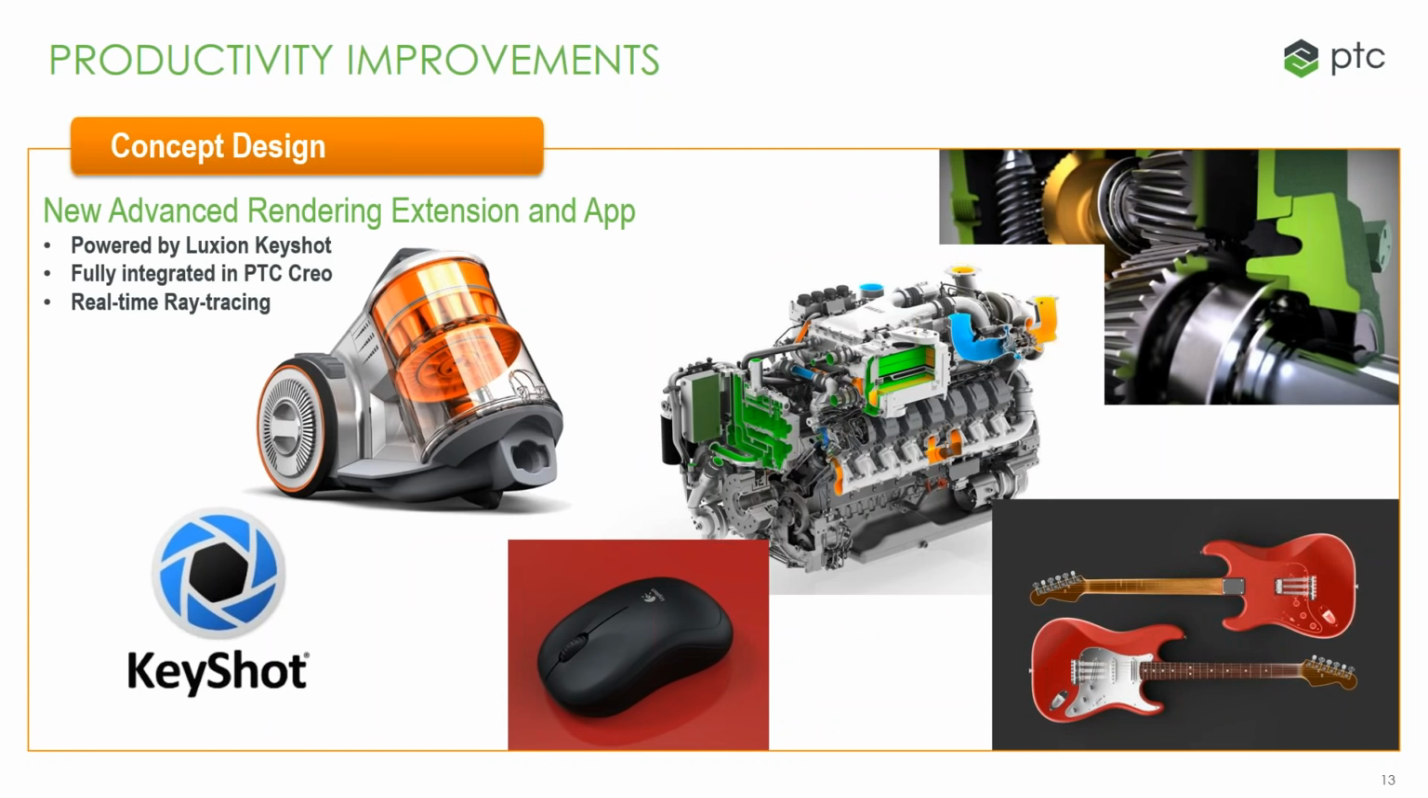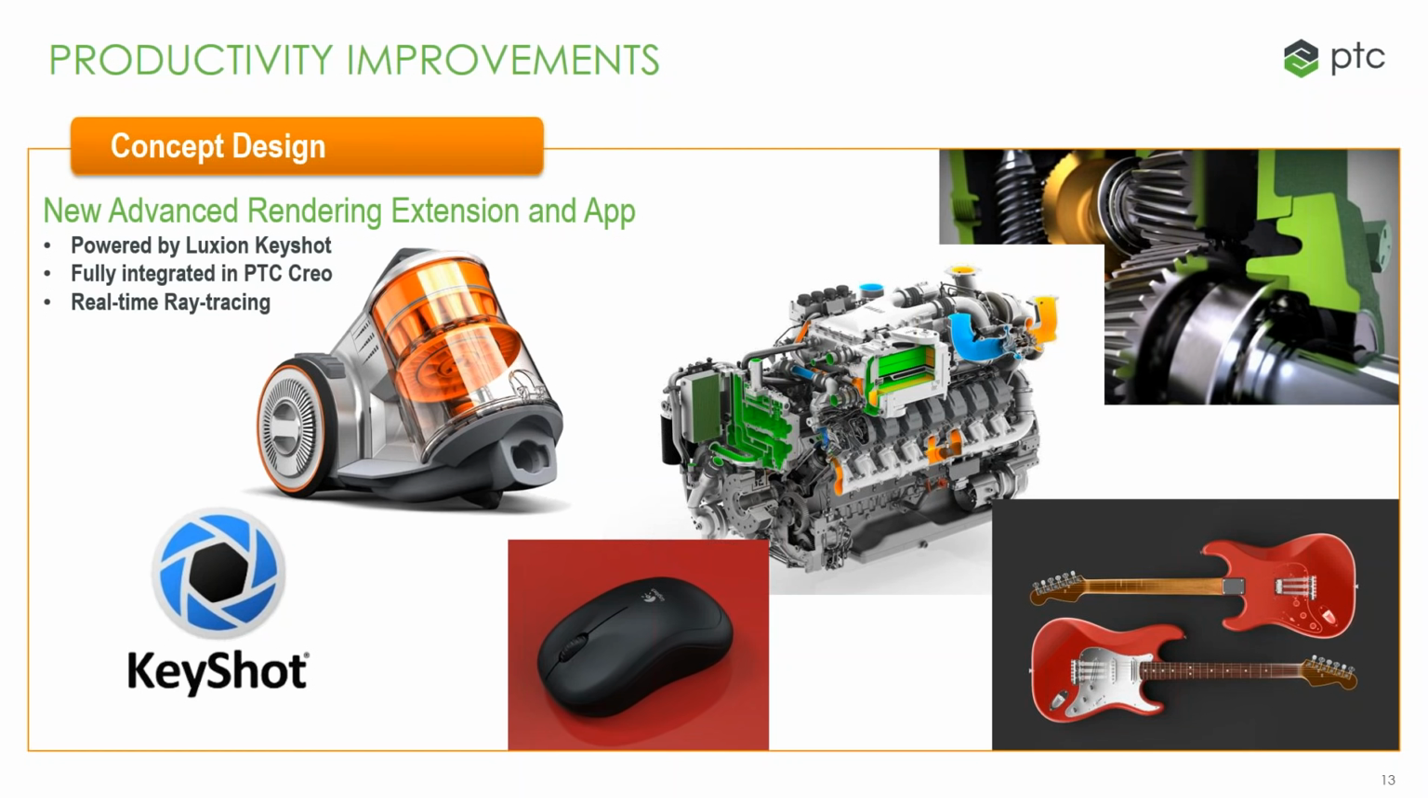Luxion is the producer of Keyshot, arguably the most prolific real-time rendering solution in the manufacturing segment today. This is going to give you a dedicated app for marketing who want to be able to consume data from Creo, and not just Creo, but thanks to Unite technology that we introduced in Creo 3, they're going to be able to bring in data from any CAD system, apply appearances and see it render before their very eyes to generate those high quality images that they require for marketing